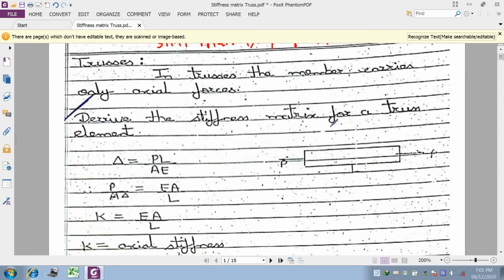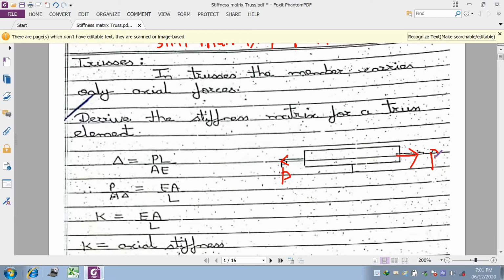This concept is based on your SOM. You have already seen the concept of axial forces in your third semester in the subject SOM. So let us see. If you consider a simple truss member which is subjected to an axial pull of force P on either side, as shown on the diagram, this is force P acting on the left side, and this is force P acting on the right side.